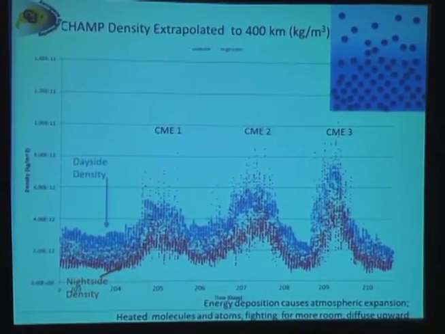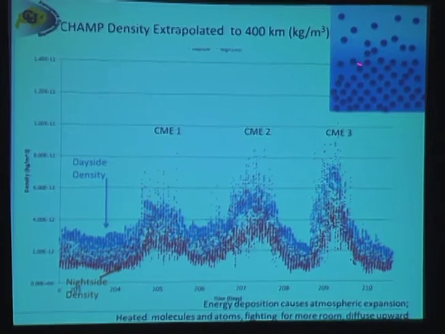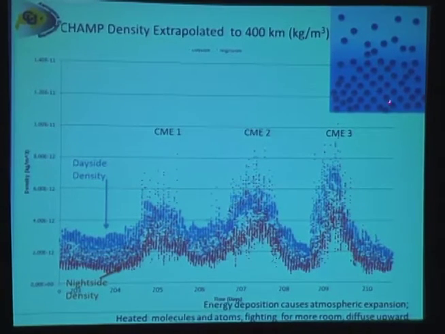So for the students in the audience, when the atmosphere is heated by either particle deposition or dissipation of Poynting fluxes, Joule heating, and some other processes, the atmospheric molecules and atoms fight for more room. When they do that, at a given level, in their new motion, they would attempt to go down,